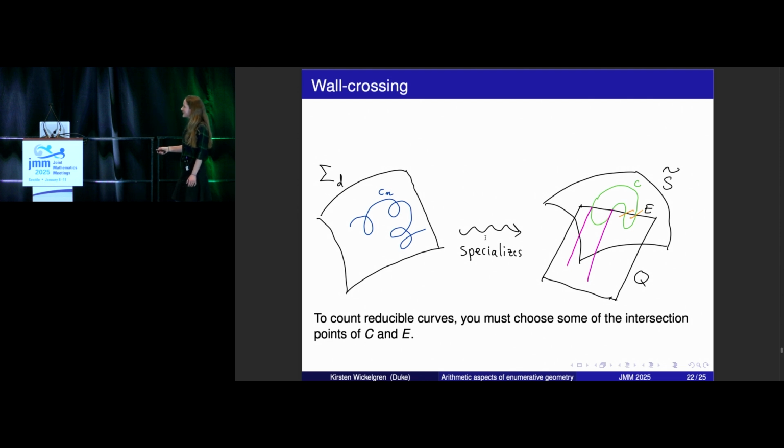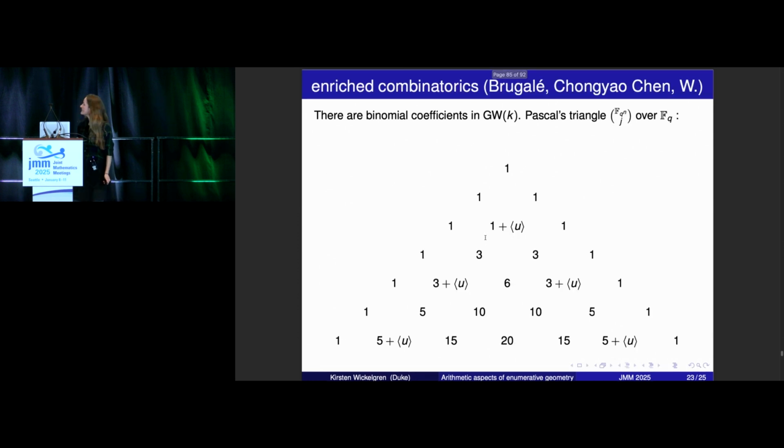But wait a minute, those 4 points, they're not actually just 4 C's. We're not over C, we're over some K. So these 4 points, they're actually a whole bunch of field extensions. So we're actually trying to choose something. We're going to try 2 out of some field extensions. So you can put all of your binomial coefficients into the Grothendieck-Witt group, and that is what naturally occurs. So if you'd like to see Pascal's triangle in Grothendieck-Witt, today is your lucky day.